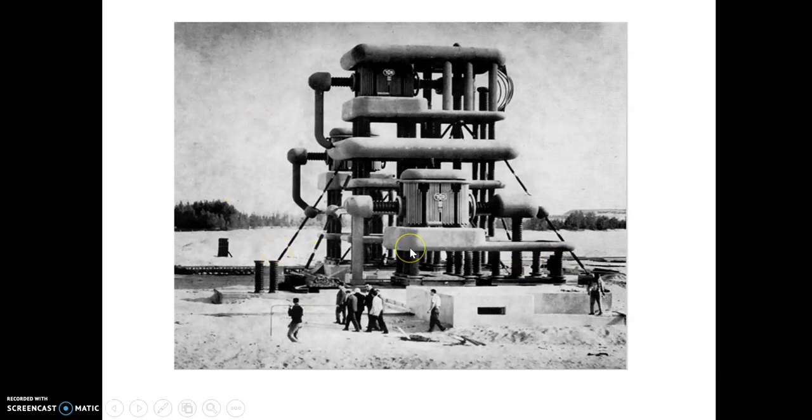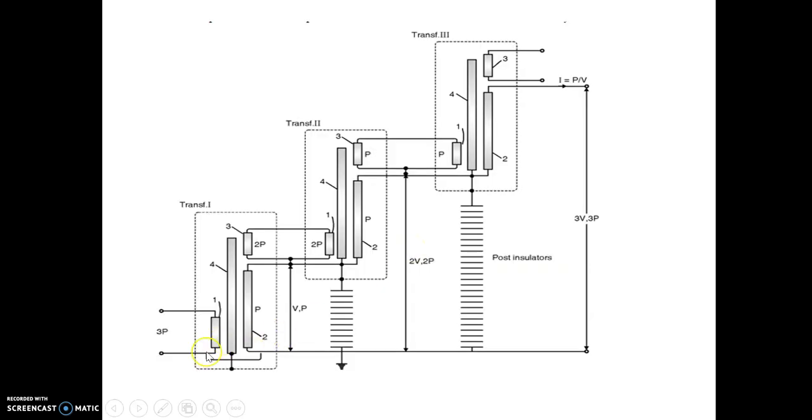So let us see how they will be connected. Here let us try to understand the connections and the loadings, so that you will be able to solve the problem. Suppose your requirement is 300 kilovolt, then we can take 3 transformers. For simplicity I am taking 3 transformers. Suppose the secondary rating is 100 kilovolt each: this is 100 kilovolt, this is 100 kilovolt, and this is 100 kilovolt.